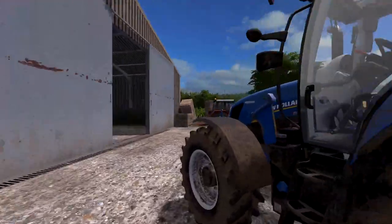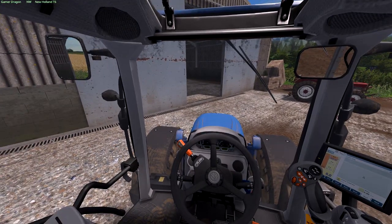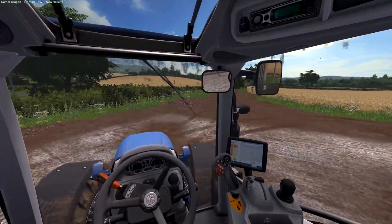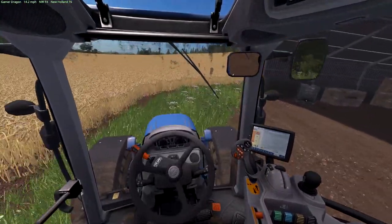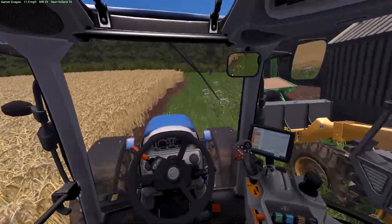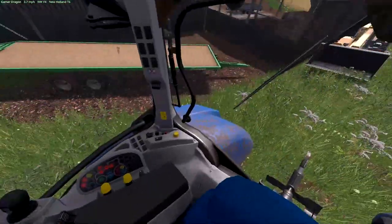Leave that there. So we've got to bring this tractor back anyway to pick up our Eiffel Williams trailer, which seems to be a little bit pointless at the minute because I honestly thought that we could use that. Oh, it's going to be a bit tight getting that around here. So let's see if we can